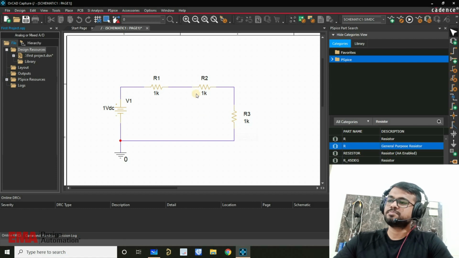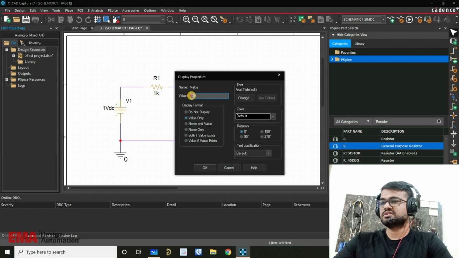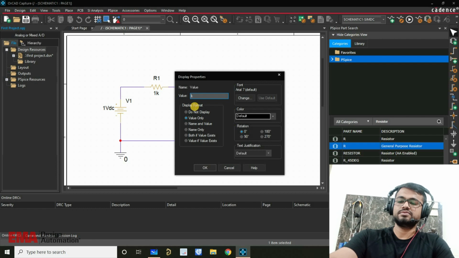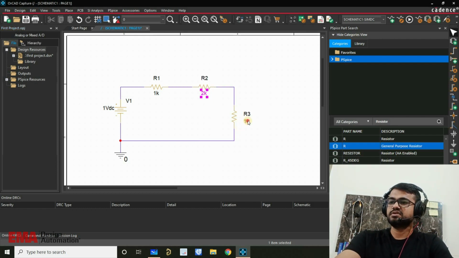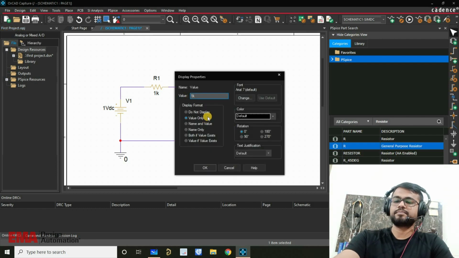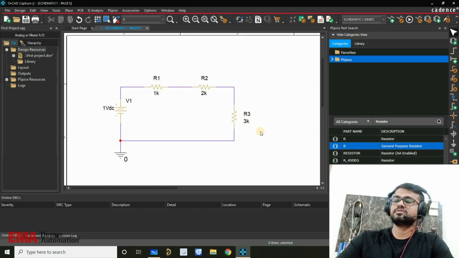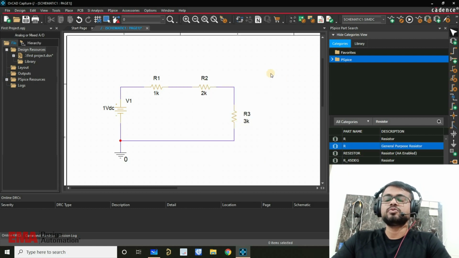adding probes, let's play with some values, some of these values. So this is 1K. I just want to show you how you can change resistance values. Just double click on value and you can change it, and let's make it 3K. All right. Okay, now I'm going to put probe. So for putting probe, this is our tab that we're going to use, which is, if you'll hover cursor there, it is voltage level marker, right? You just select it and put it on this R3. All right,